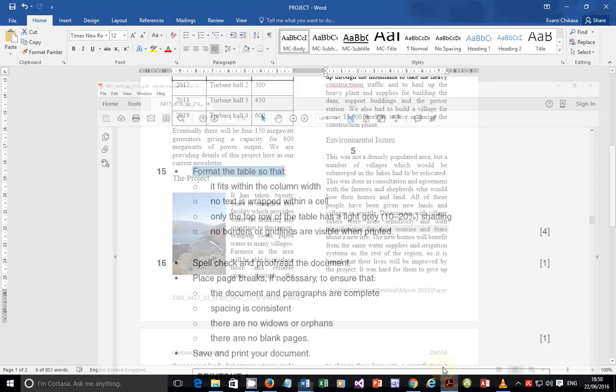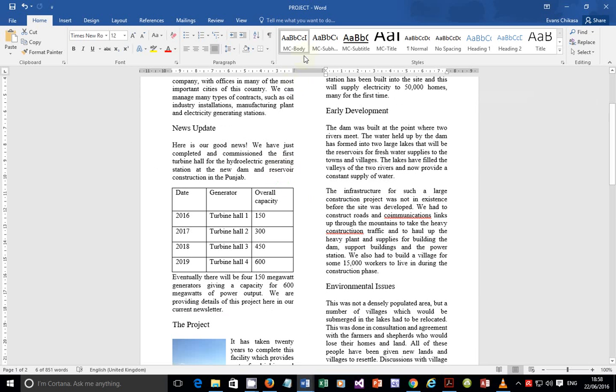Okay, so step 15, format the table so that it fits within the column width. So come back here to the table, just verify that the table fits the column width. You check that. If I click on top there, you see that my table is actually fitting in the column width, so I'll leave it as it is. And then next,